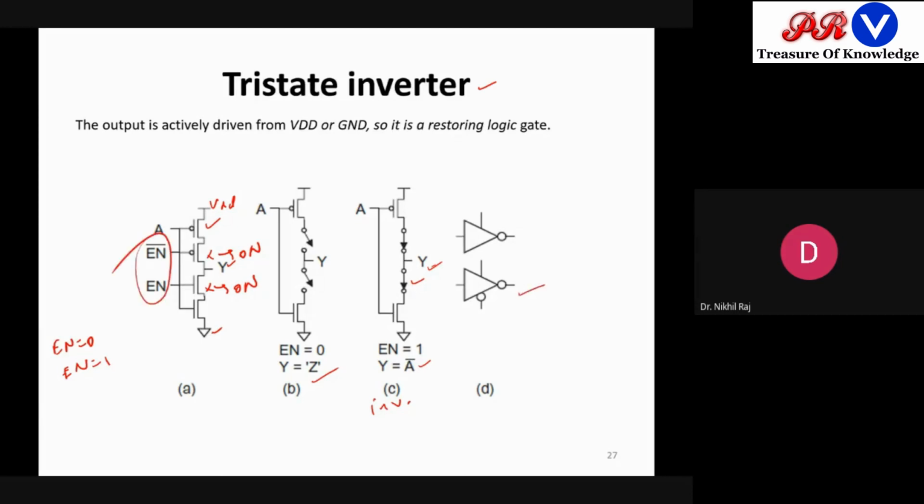Okay. Now the question comes: when from the CMOS inverter directly we get the full swing, why are we going to use a tri-state inverter? Because the tri-state inverter demands two extra transistors. So is there any advantage of using this tri-state inverter? Unnecessarily we are using two transistors. Okay, so what could be the possible reasons?